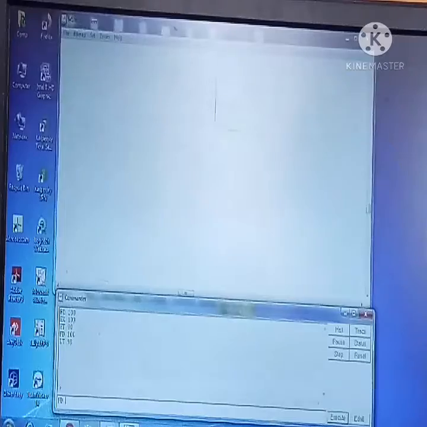Again FD space 100, it's going to move forward 100 steps. So this is the way you can make the turtle move by giving the commands.